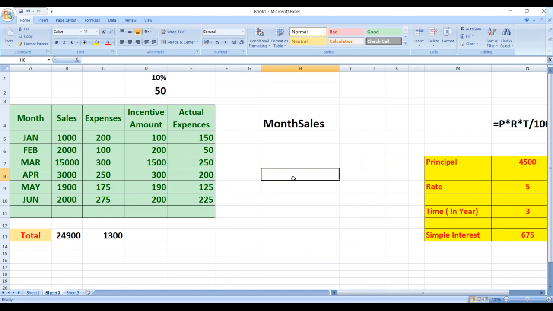Now we have to calculate the maximum and minimum value. Suppose I want to calculate the maximum and minimum value of our table. How to do that?